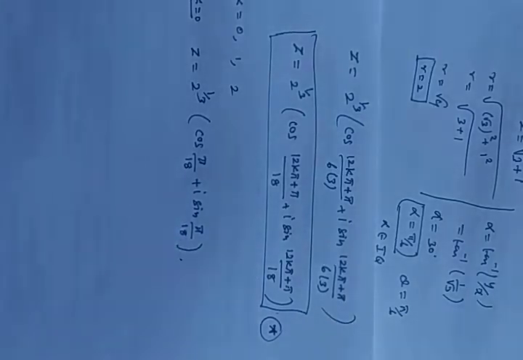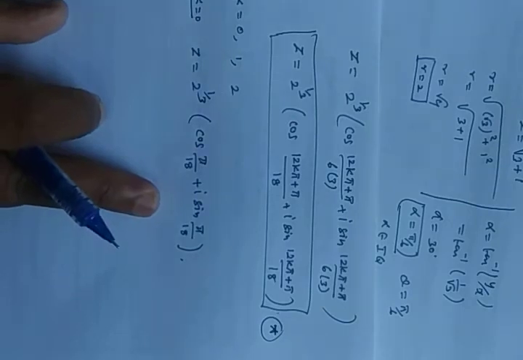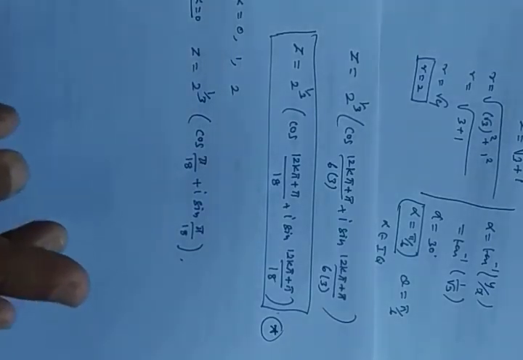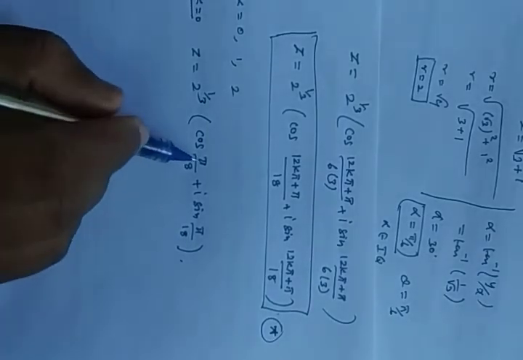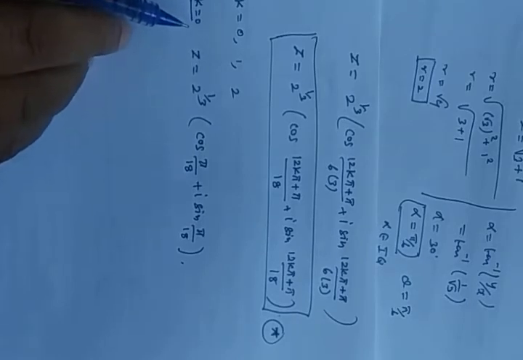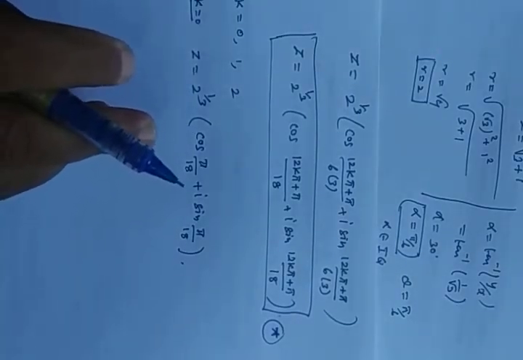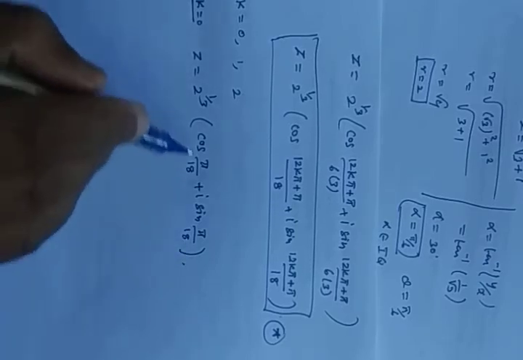Is that clear? So this is the first thing. We won't have a value for π/18. If it is some specific angle like 0, 30, 60, 45, 90 degrees, then we can bring it to a form. But it is π/18, that is 180 divided by 18, 10 degrees it's coming. We won't have a value for 10 degrees. So we would need to see a tabular column. But we are not going to see that one. We will leave as such.